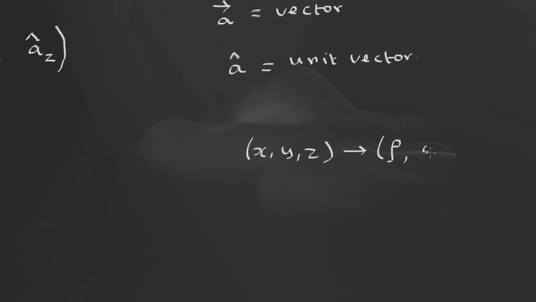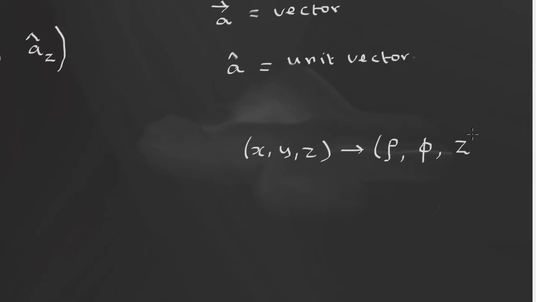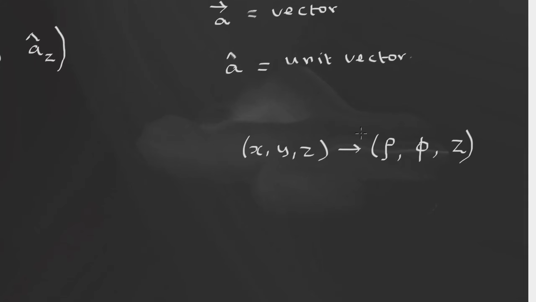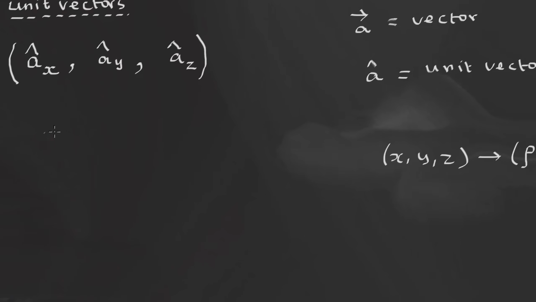Then you have a phi, an angle, because the cylinder is curved, so therefore there is an angle involved, and there is a height of the cylinder. So height of the cylinder is z. So x comma y comma z can be replaced by these three numbers. How it is replaced we will see in a diagram in a moment. But before that, let me write down how the unit vector will look like.